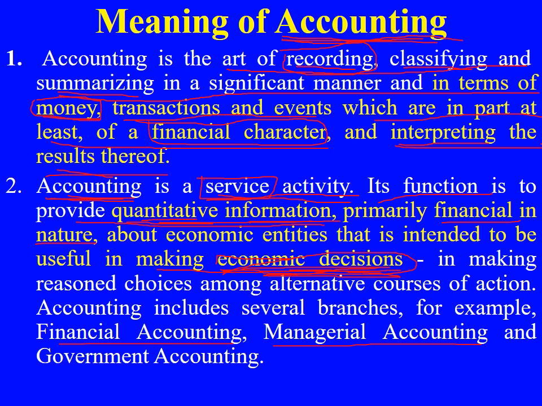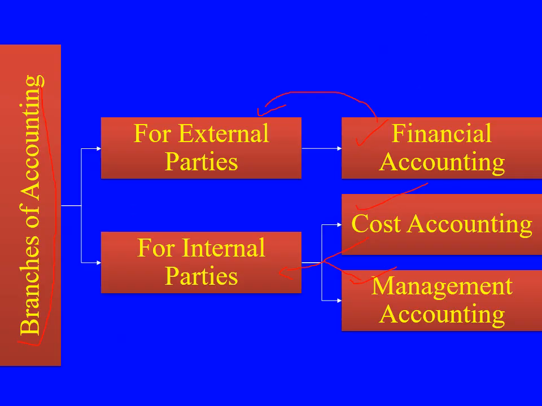So we have financial accounting, we have management accounting, we have cost accounting, like we have three main branches. See here, we have branches of accounting. So we have financial accounting, then we have cost accounting, and then we have management accounting. Basically, financial accounting is actually required by the external people, whereas cost accounting and management accounting are demanded by the internal parties. So let us see what financial accounting is, what it does, what cost accounting is, what it does, and what management accounting is and what it does.